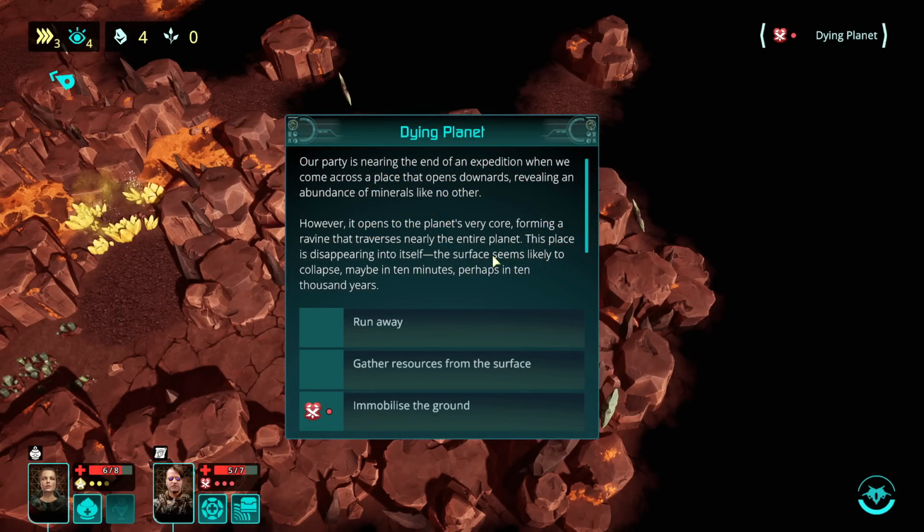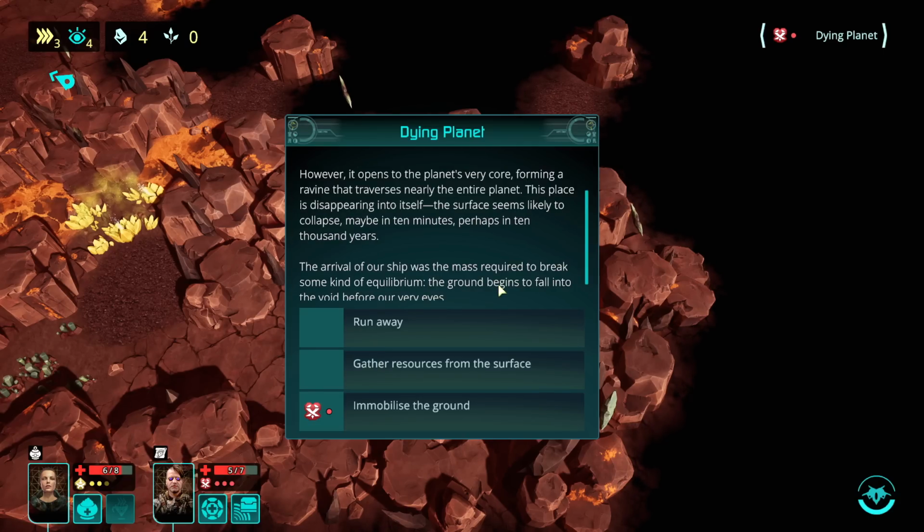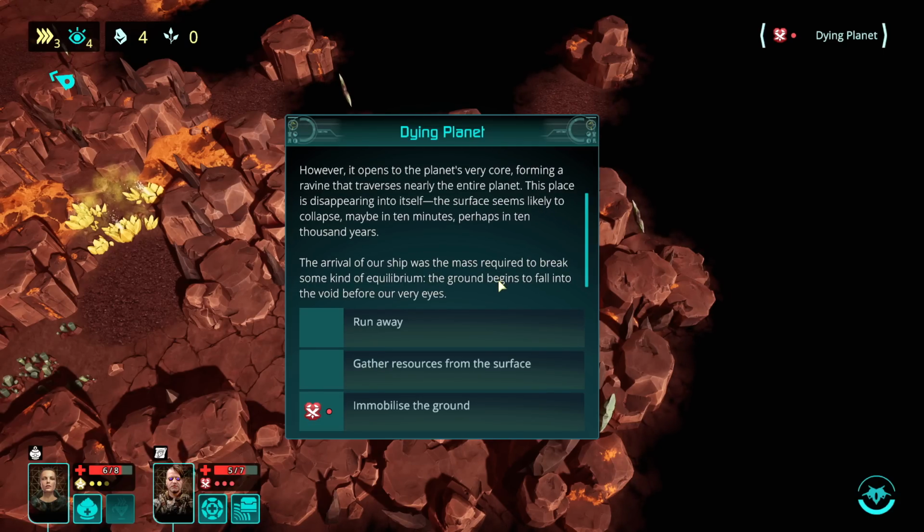Our party is nearing the end of the expedition when we come across a place that opens downwards, revealing an abundance of minerals like no other. However, it opens to the planet's very core, forming a ravine that traverses entirely the planet. This place is disappearing into itself, and the surface seems likely to collapse, maybe in 10 minutes, maybe in 10,000 years. The arrival of our ship was the mass required to break some kind of equilibrium, and it begins to